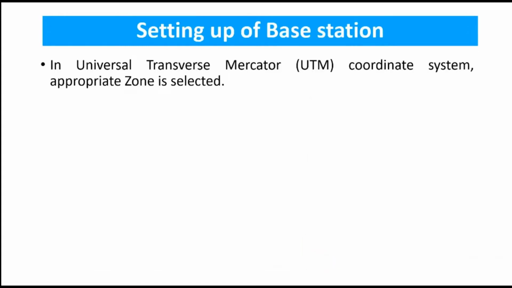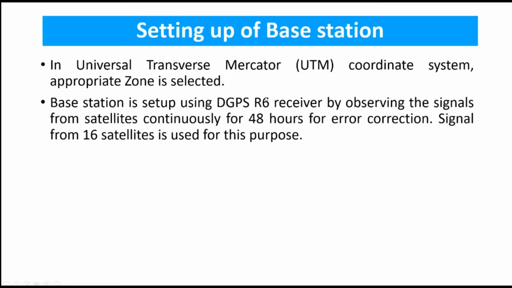What are the methods? UTM. First we have to know the UTM, our location as per the appropriate UTM zone, say zone 42 or 43, depending upon the geographical location. That zone we have to know. Then the base station is set up by the DGPS R6 receiver,